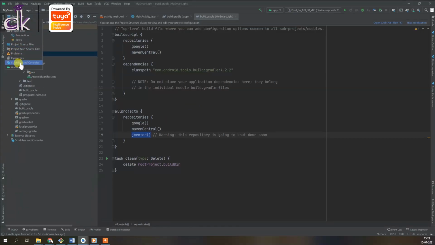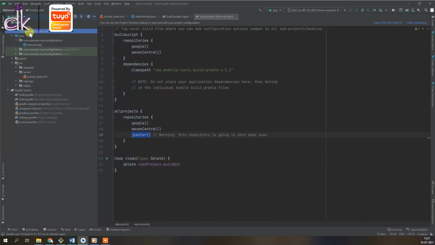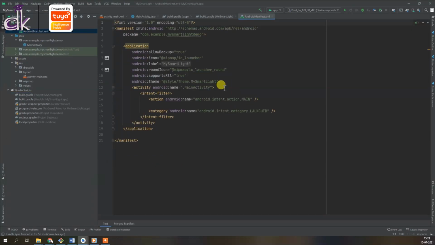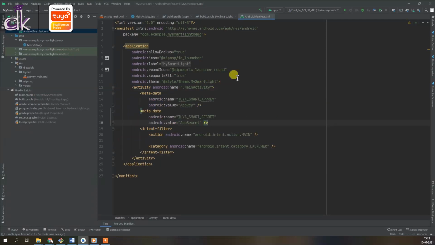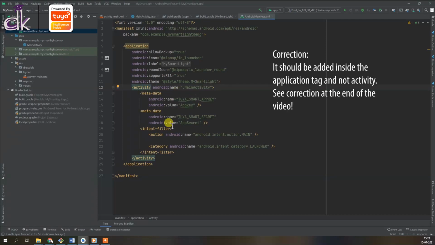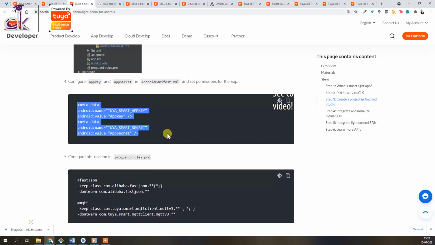First you need to change it into Android, and then the manifest, click on Android manifest, and then make sure that you are pasting the line of code inside the arrow mark here for the activity, right? So inside main activity you want to add the metadata here. All right, and we need to change the app key and secret key with whatever was present on the cloud.